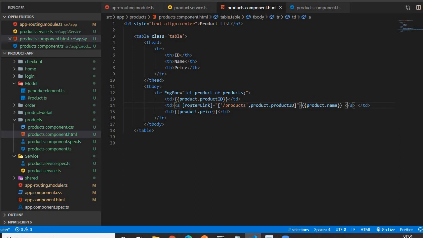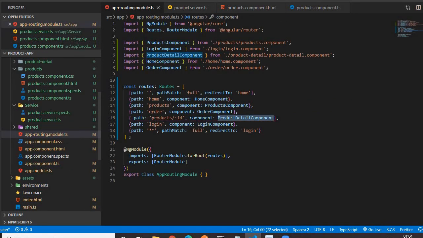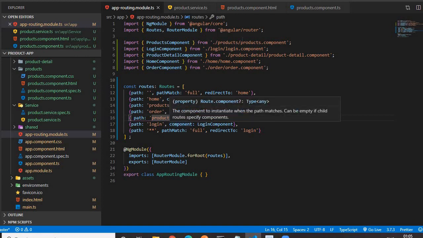In anchor tag we have used the router link because now the requirement is on click of product name I want to route to my product detail page, along with we need to pass the ID of that product. So that's why for navigating we need to attach router link attribute to the anchor tag. Then we have to mention the path. The path that I have configured for the parameter routing is product, then slash, then the parameter.